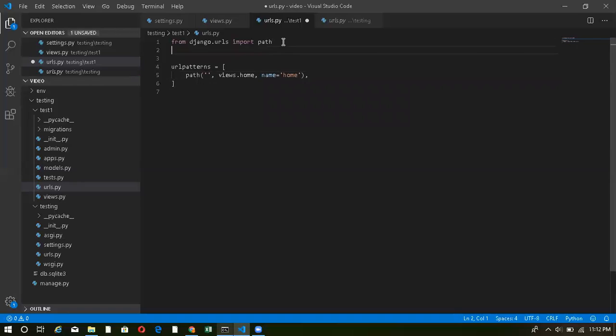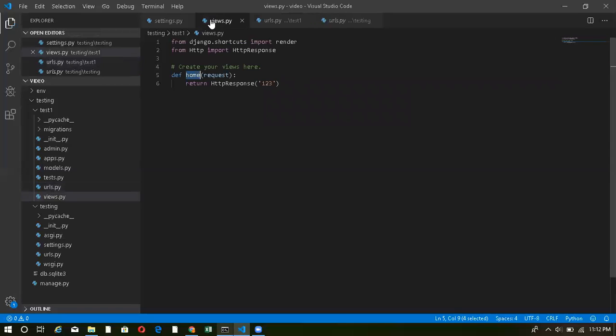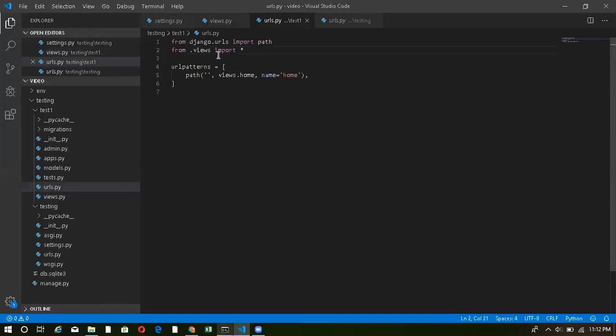First of all, you have to import views from .views. You have to import all those functions that are being written inside this views.py. So you can import it using from .views import *. What this basically means is that it will look for the views file, views.py, inside the same directory where this urls.py is mentioned.